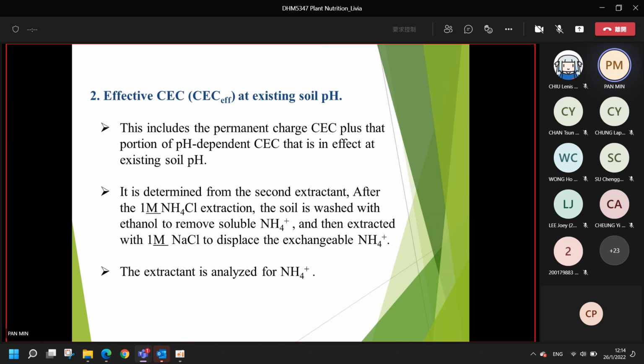So after the same ammonium chloride extraction, the soil can be washed with ethanol to remove the soluble ammonium, because in this stage you add ammonium ions into the system. So you need to use the ethanol to remove the extra soluble ammonium ion, because this part is not showing